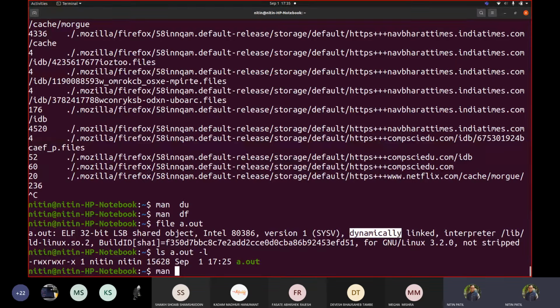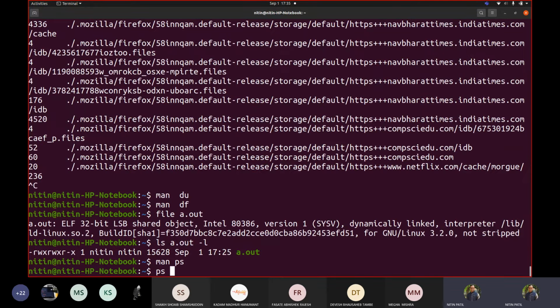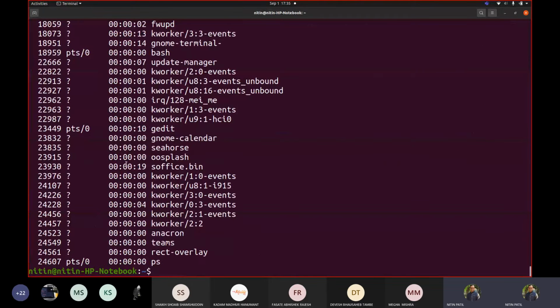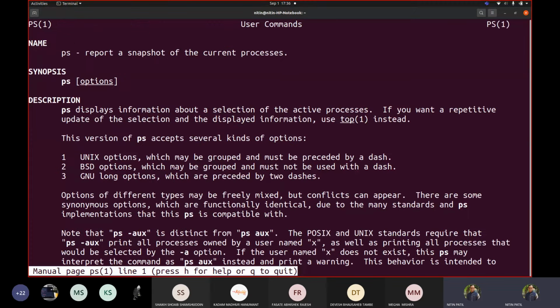So if I go to man ps, try to find out how exactly, like homework for you. I can tell that, but I want you to find out how to display the kind of UI that I showed you, where I could see that some particular process requires this much memory. How can I get it? If I write simply ps -A, will I be able to get memory? No. So if I write ps stat, sorry, ps, it was,